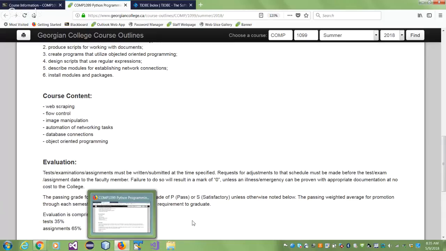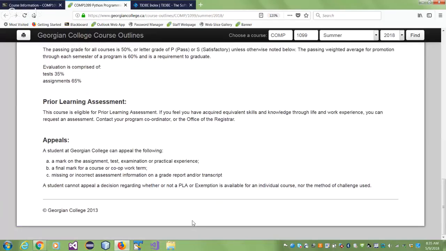The evaluation of the course is sitting at tests at 35%. You will definitely have two exams, a midterm and a final exam. You could be having some quizzes that will add to this 35%. Just a quiz on the go. Oh, you have a quiz today, 15 minutes before class, and there is a quiz. And then there will be assignments that are worth 65%. There could be in-class assignments. You have an hour in class. You could have 15 minutes in class, or it could be take-home assignments, which means you take them home, you get a day, 2 days, a week, depending upon the complexity of the assignment, and you do it and you submit it.